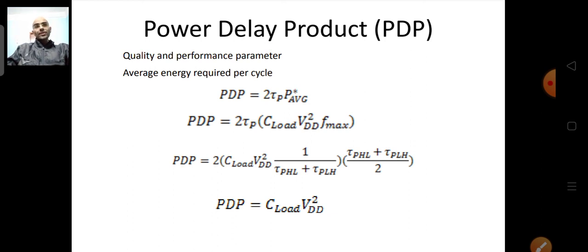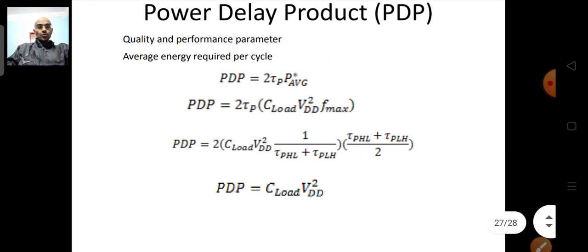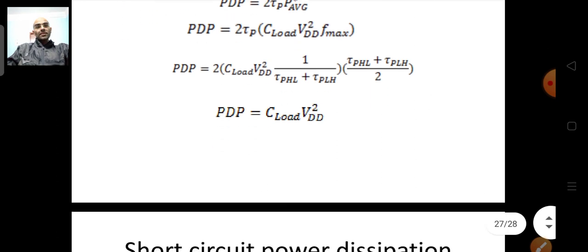Okay, so as you keep on reducing the length of the device, your supply voltage should also reduce. But the circuit design or the power dissipation does not depend directly upon the width and the length of the device. So device geometry doesn't matter, and it doesn't depend even on the process parameters. It only depends upon the load capacitance, that is the total load capacitance, as well as any parasitic capacitances. So it depends upon the capacitance and the supply voltage. We should keep this in mind, and the power dissipation depends upon the frequency as well.